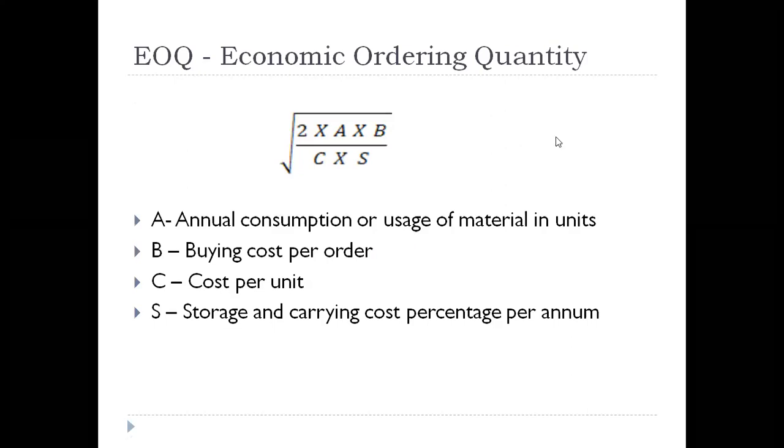Okay, so now you have to understand these things. You have to remember the 2, then the A section, B section, C section, and you can remember it like this. Annual consumption is always given in units or kgs like this only. It is not an amount, it is not rupees, it is units only. Cost per unit is required when a percentage is given; you have to multiply it with the cost per unit. And buying cost per order, you have to multiply with the number of units, your annual requirements.